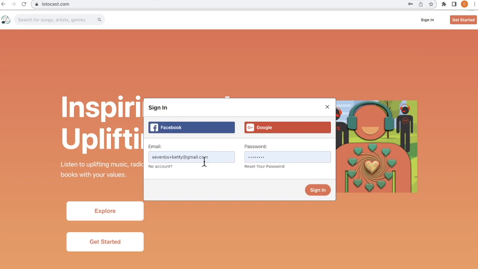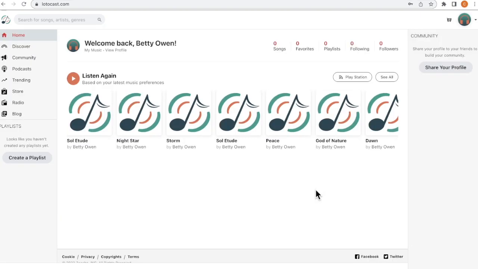Let me show you how to upload your music. Sign into your account. Once you've signed into your account, click on the upper right hand corner icon